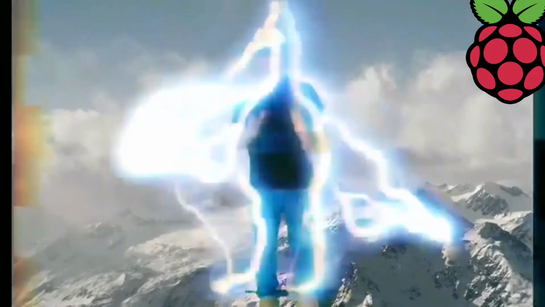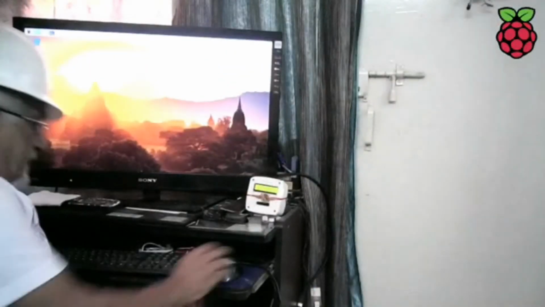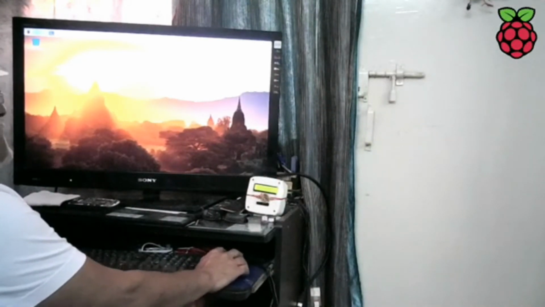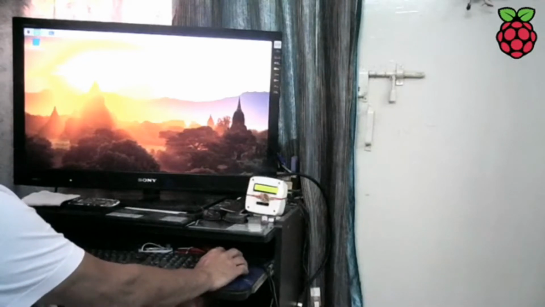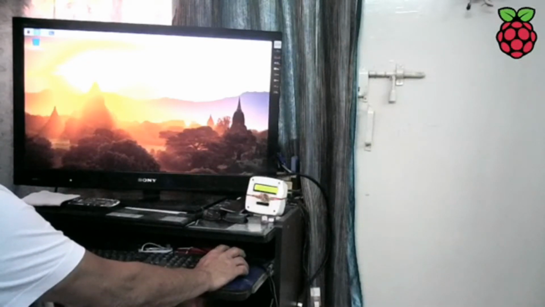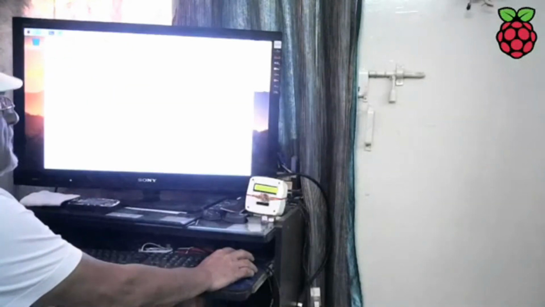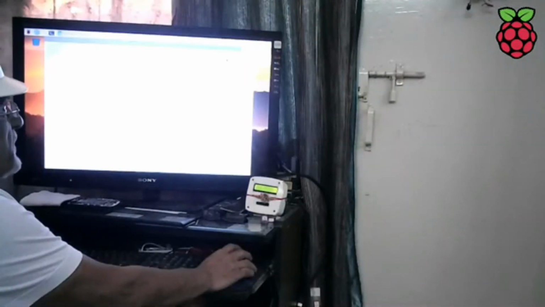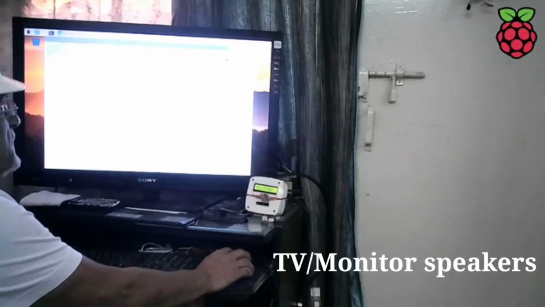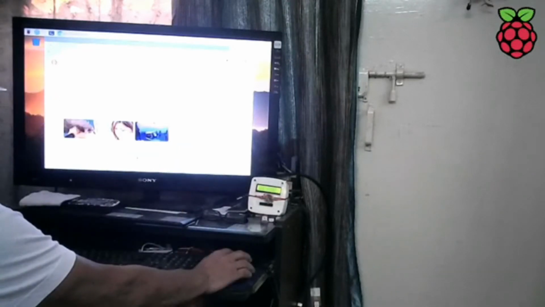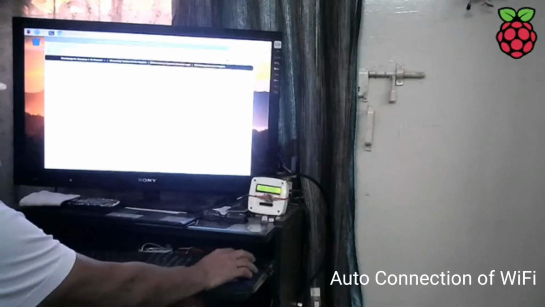So let us start. My dear friends, last time we used this Raspberry Pi OS 32 normal, and you see the screen, and I am getting everything on it: browser, programming, coding, as well as the TV monitors are working, and auto connection of the Wi-Fi is there.